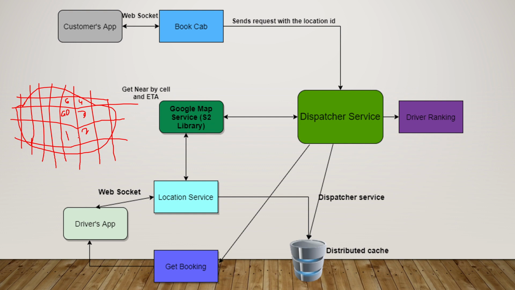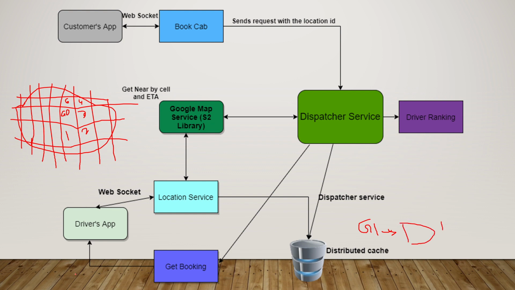So the next thing that this dispatcher service will do is it will go to the distributed cache. In the distributed cache, the driver's location is always being stored. It will be stored something like I told you: in grid 0 or grid 1, I have all these drivers. So basically I have the list of drivers present in this grid 1. So I have D1, D2, all those things.